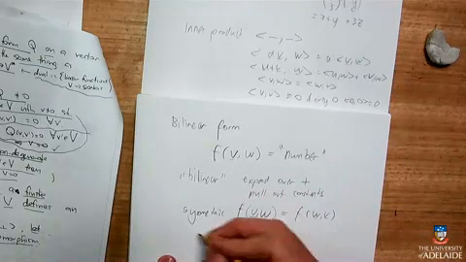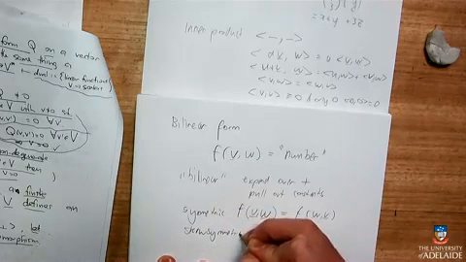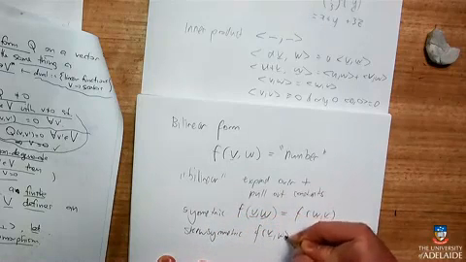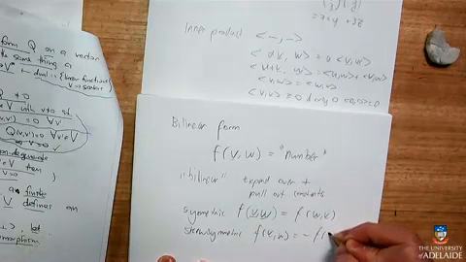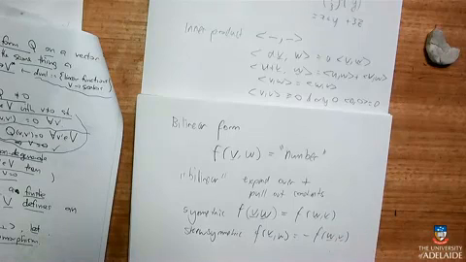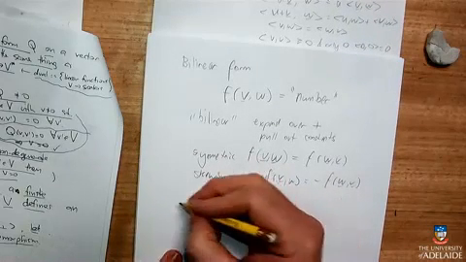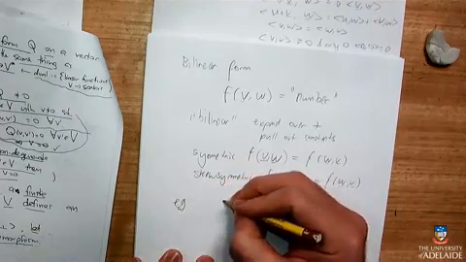Whereas skew is f of VW equals minus f of WV. Okay, cool. And so an inner product has to be a symmetric bilinear form. And I'm pretty sure I can make it from a matrix. So just as an example, I can go...